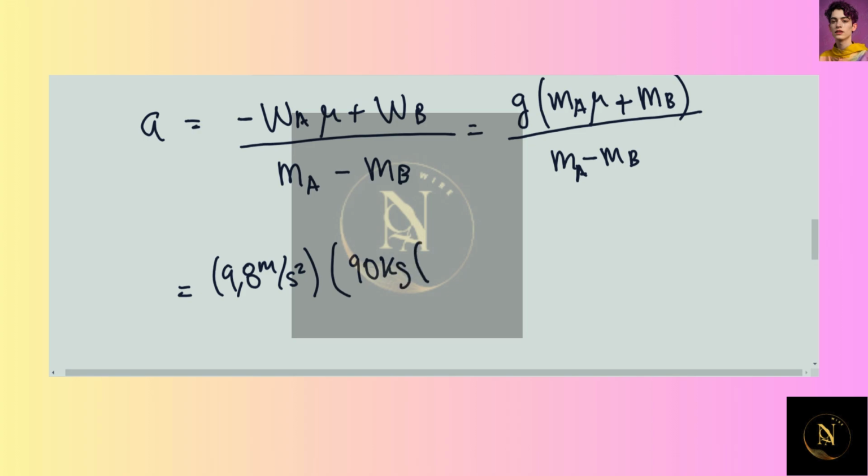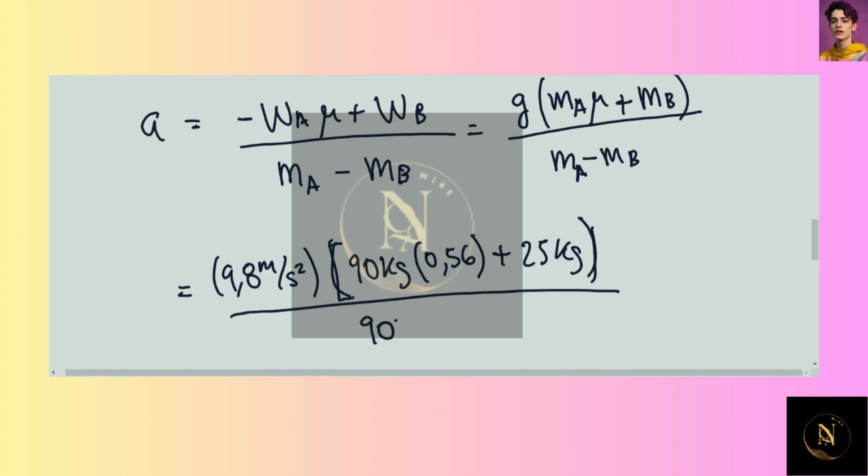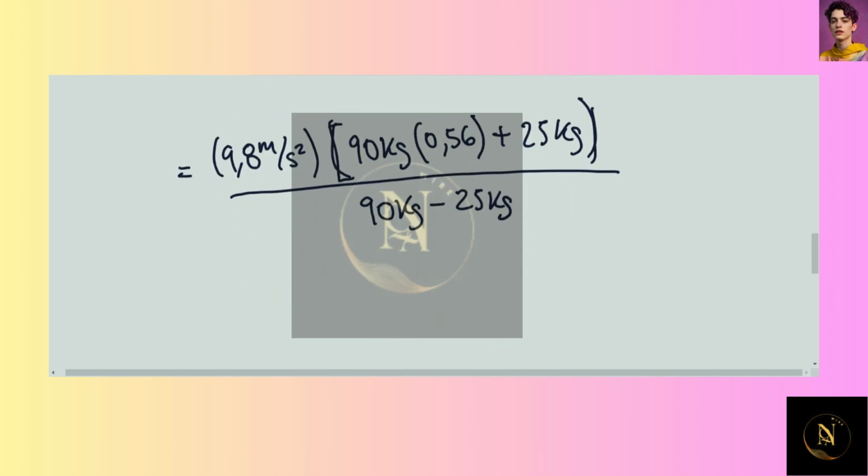This times the coefficient, which is 0.56, plus the mass of block B, which is 25 kilograms, and this over 90 kilograms minus 25 kilograms. So putting all of this information into the calculator, we obtain a value of